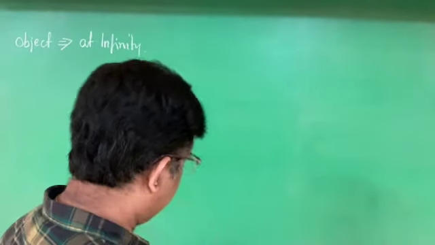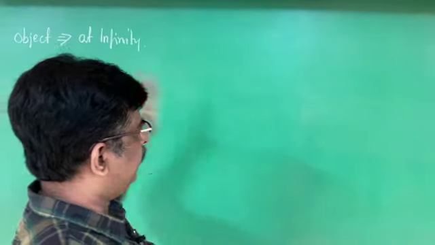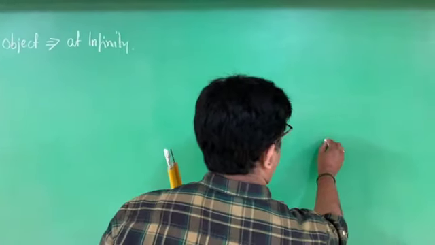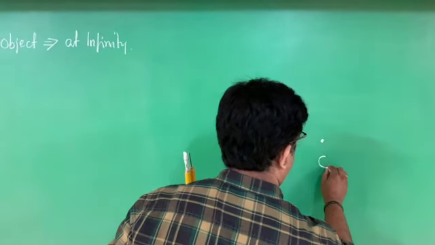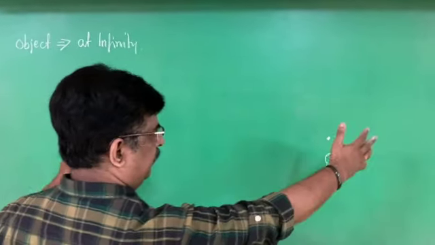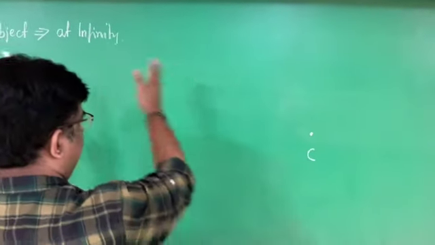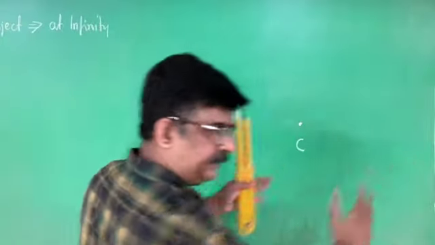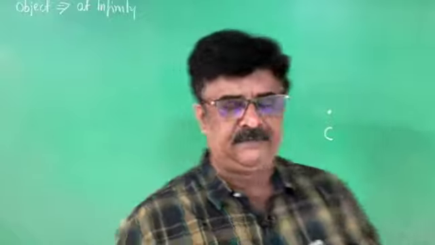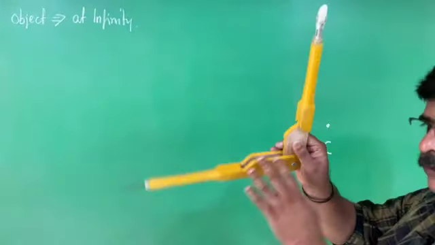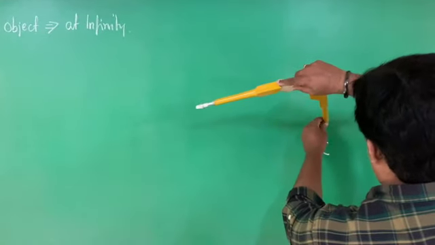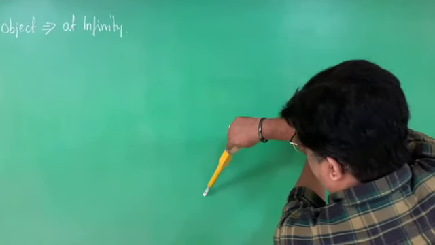The first thing is, we are going to keep the reflecting surface in the left side. Therefore, I mark a point here. To write the ray diagram for the convex mirror, you should have both sides placed. You have to write in the middle. You should have a place in the left as well as in the right. See, this is the center of curvature. By keeping the center of curvature as center, using the compass, draw an arc.